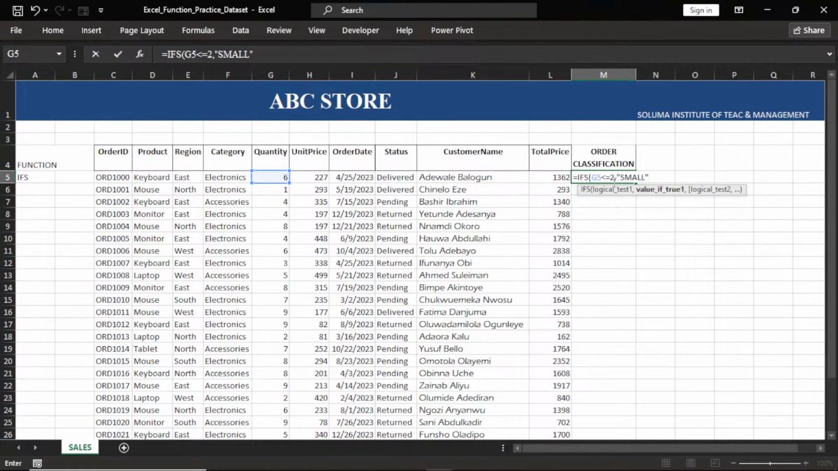So we said we are using this to classify our orders. This is the order ID, this is the quantity, this is the unit price, this is the total price. Now we are looking at quantity. If it's less than or equal to 2, let it be small. If not, then we put a comma here and then click this as well. If this is